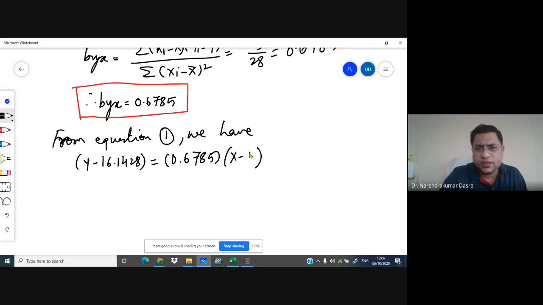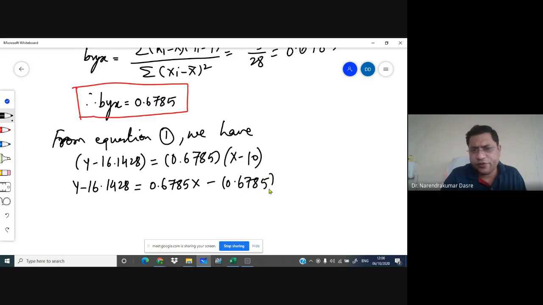So we have this, and now let us simplify this. y minus 16.1428 is equal to 0.6785 into x minus 0.6785 into 10. So you can take this value to the other hand side, and hence we get